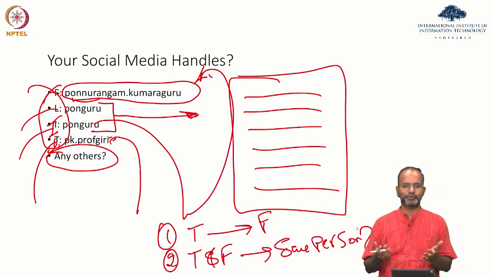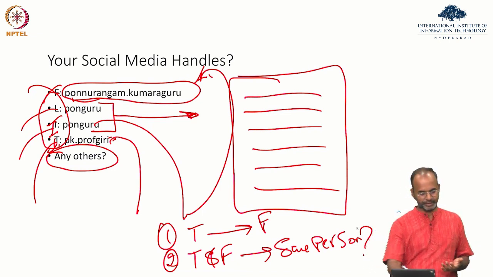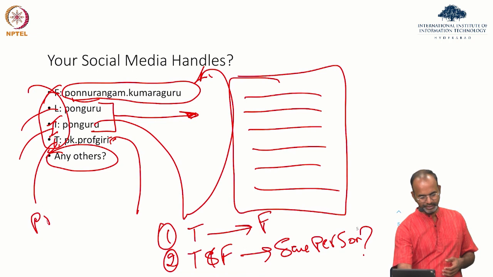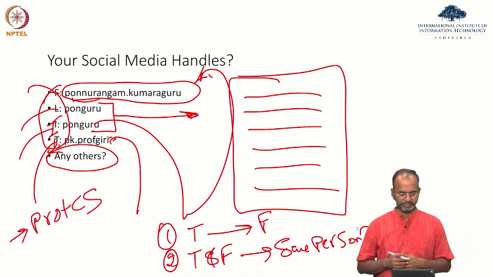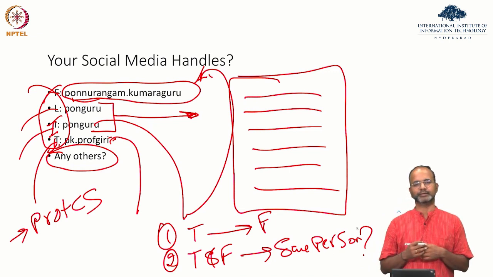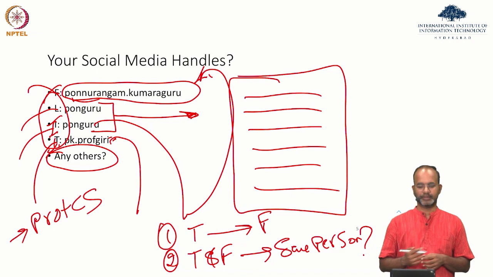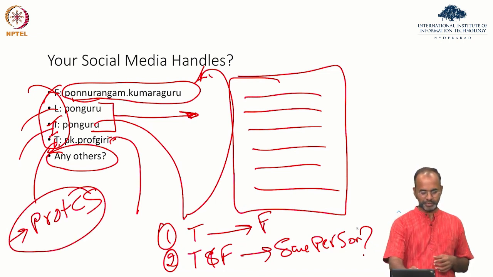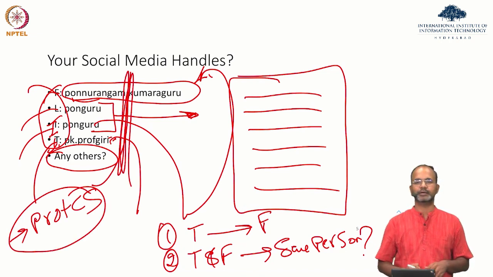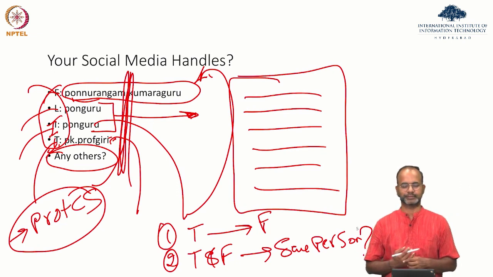I'm sure many of you have handles that are completely different, right? For example, one thing that I've been saying is Prof CS. Let's take, if I create a Tinder account with Prof CS. So Prof CS is so much different from any of the others. I'm sure you have handles like that.